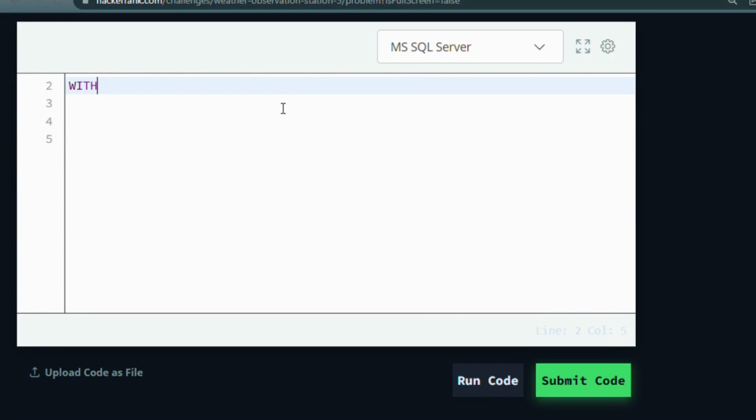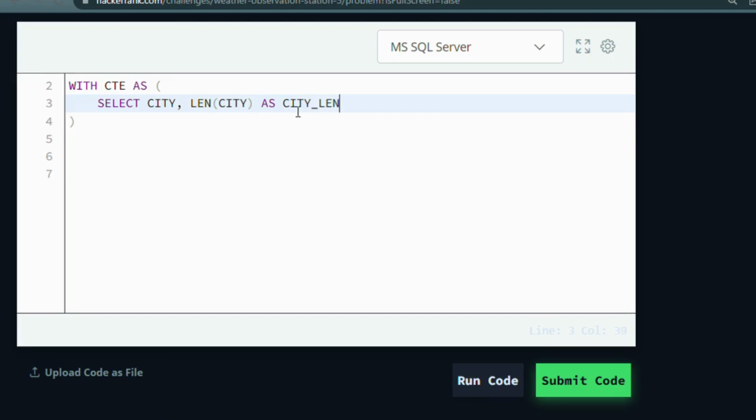There's another way which you can use, by creating a virtual table. So I am writing this with CTE, as CTE is basically the name of my virtual table. So what do I want in this table? First is SELECT city, then I want the length of the city. I have to give a name to this column, the second column, so I'm naming it city_len. Then I'm creating a row